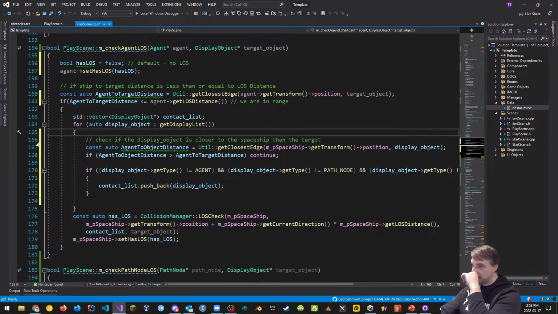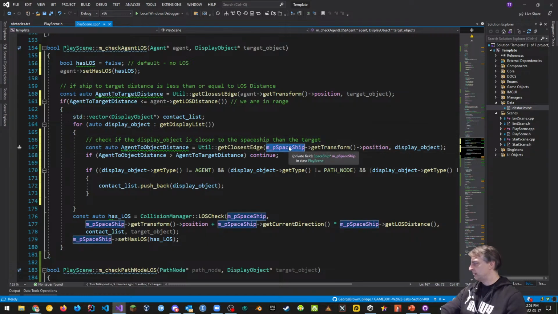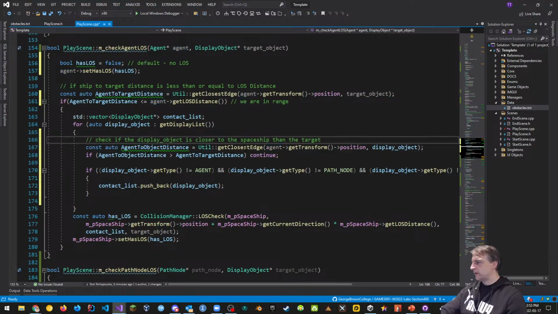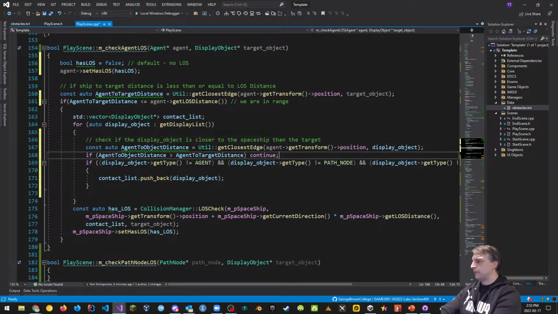I'm going to explain what he did. So he's refactored it, so he's doing the exact same thing as last time. This should be agent. But what he's done is he's reduced some of the code to make it a little bit more effective. So these two if statements, what we had before was okay, but now he's optimized some of the checks, display objects.